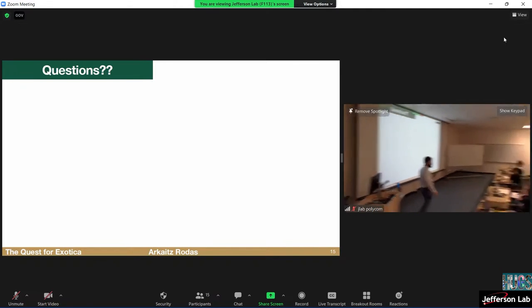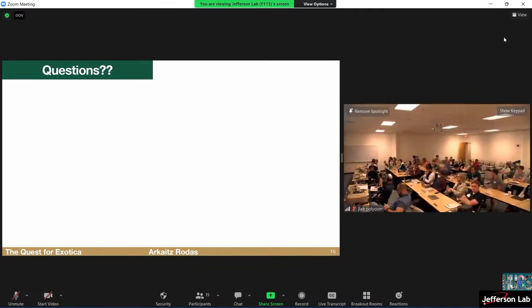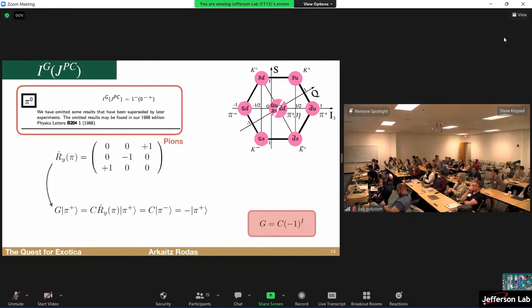So you say you need 5 total to describe the pi naught perfectly. But if you go to the previous slide, G is written already in terms of C and I. So would that mean that you only need 4 of these quantum numbers? Oh, you mean this? Well, as I said before, this always happens when you have a well-defined isospin that is an integer. There are objects that don't have well-defined G parity, so there are objects that won't have this number.